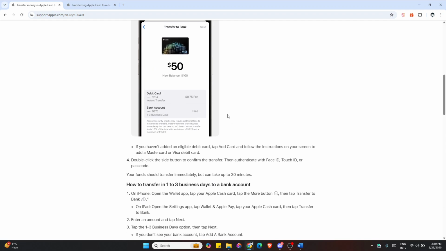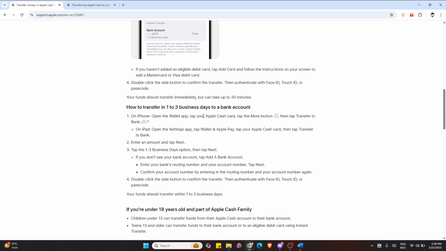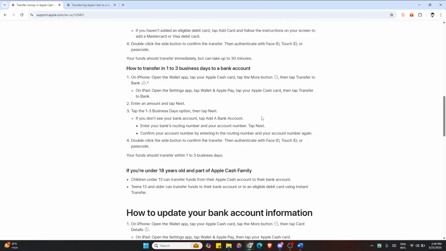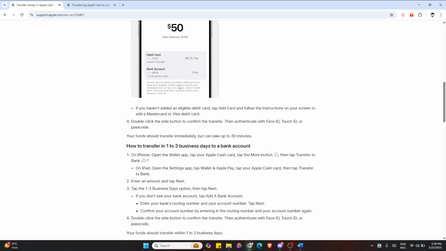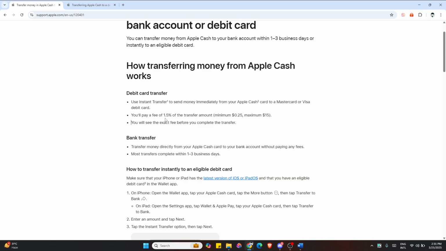Enter the amount you want to transfer. For example, if you want to send $50, it should take 1 to 3 business days if you want to send it to a bank for free, or if you want it instantly, it will charge you a small fee. And then, if you choose instant transfer, select Master or Visa debit card,